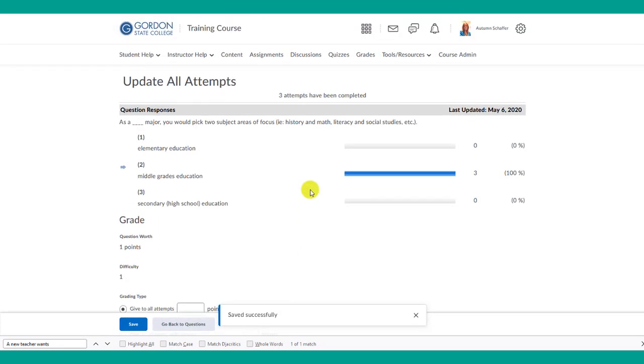Now, say in cases where you accidentally marked the incorrect answer, your first step is to throw the question out, just like we did here. Your next step is to go back and fix it in the quizzes area so that in further iterations of the course, if you copy this course over to the next semester, it's been corrected. You want to do it in that order because if you correct the quiz first and then go back and try to throw the questions out, it's not going to recognize that question as being in the set anymore since you altered it. So you want to make sure to throw the question out first